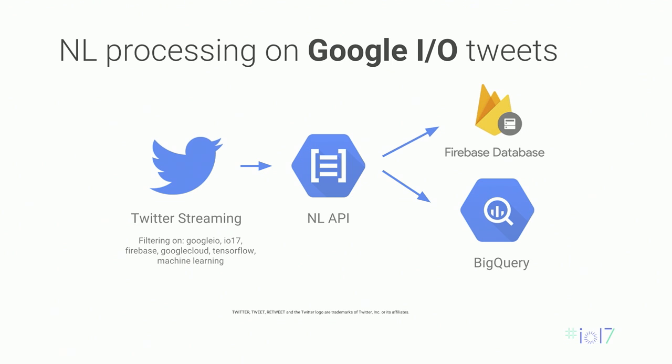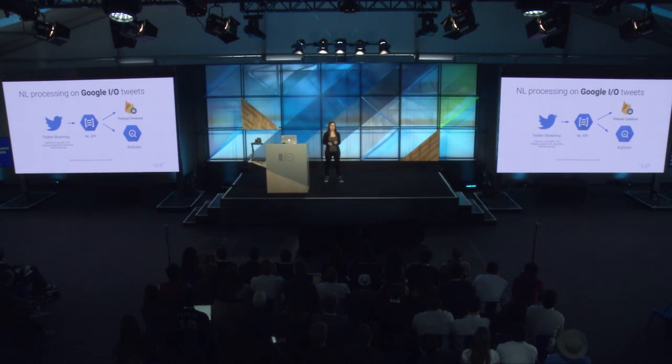I'm writing that JSON response to the Firebase database, and I'm using the Firebase database to only store the most recent tweets so that I can display a dashboard of them. And then I'm writing all of my tweets to BigQuery, which is Google Cloud's big data as a service tool. It lets you easily query lots and lots of data. So I've got 2 separate processes running for that. So if we could switch to the demo,